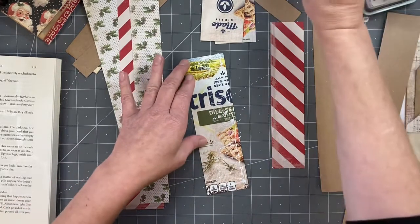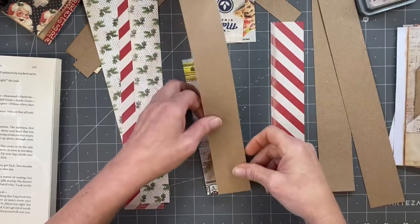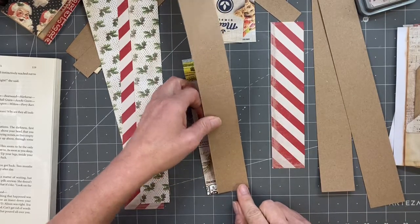Oh, so it's just a Triscuit box too. And I just, obviously you can probably tell by the title there, but,